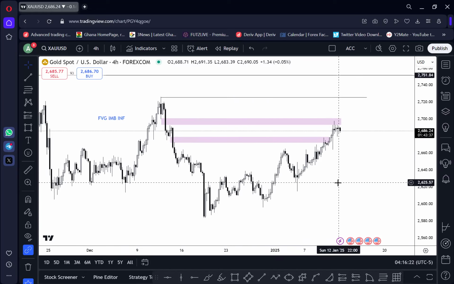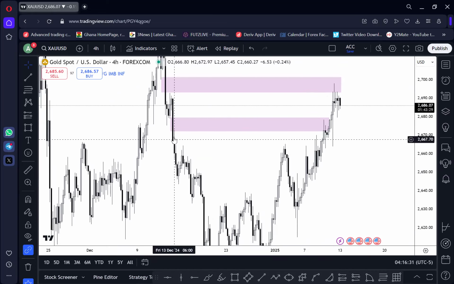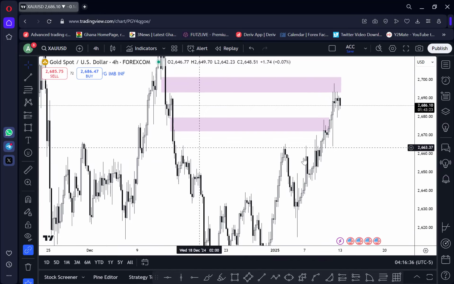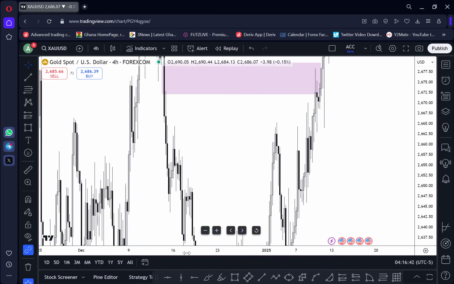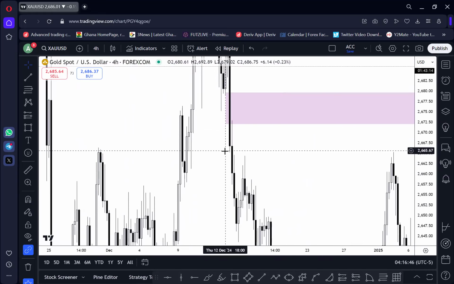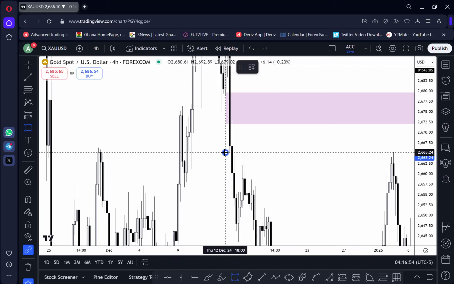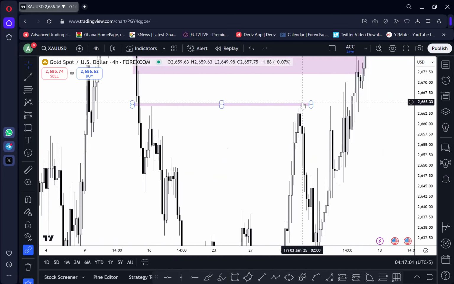All right. So now we have another fair value gap. If you see here, we have the first candle, the second candle, and the third candle. Yeah, there is a little gap there between the three of them. So it means that gap between this and this needs to be filled. And we can see price taps into that small fair value gap,